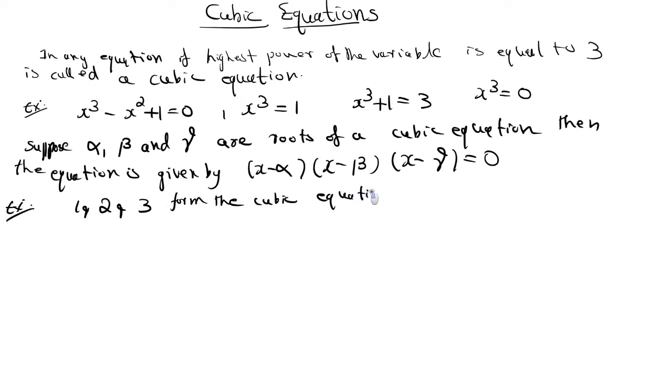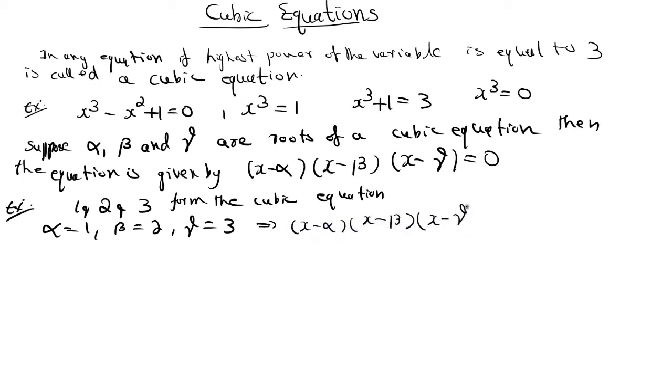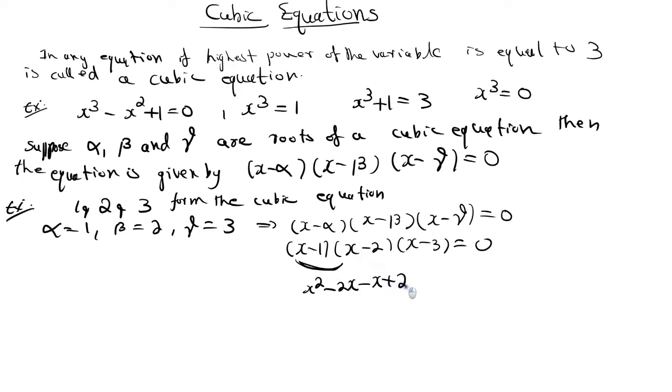So what is our formula? If alpha is equal to 1, beta is equal to 2 and gamma is equal to 3, then the cubic equation is x minus alpha into x minus beta into x minus gamma is equal to 0. So x minus 1 into x minus 2 into x minus 3 is equal to 0. First multiply any two of the factors. Here see, x into x is x square, x into minus 2 is minus 2x, minus 1 into x is minus x, minus 1 into minus 2 is equal to plus 2, into the remaining term x minus 3 equal